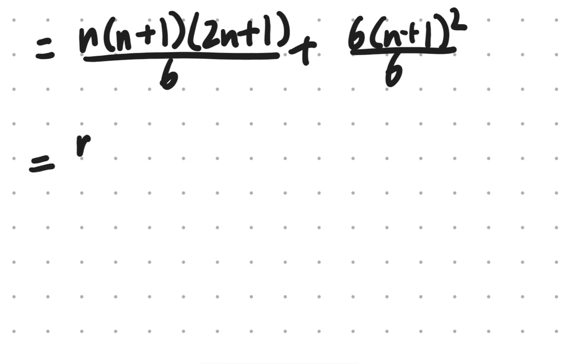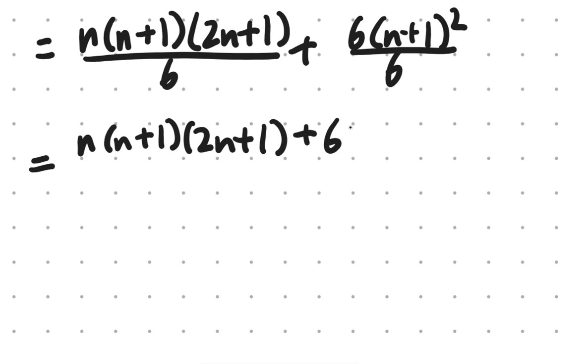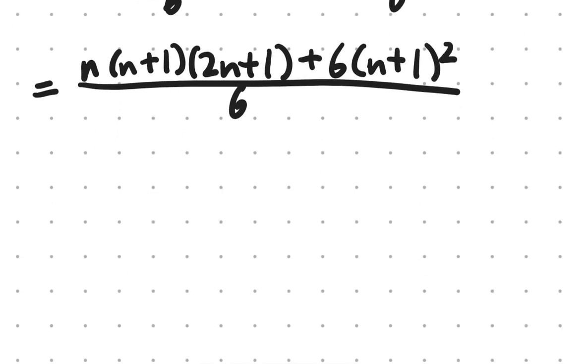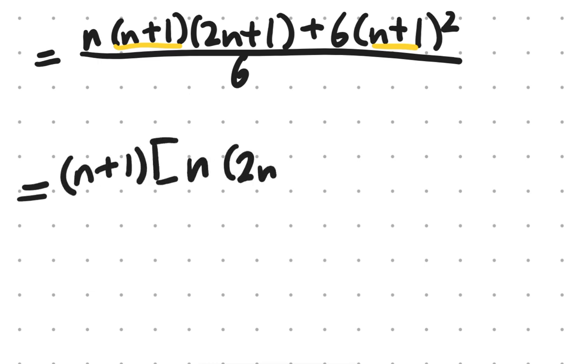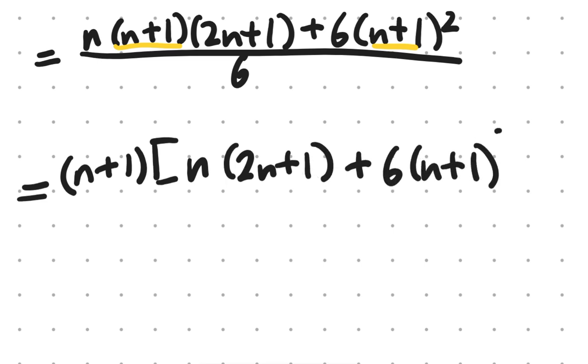This will actually equal n times (n plus 1) times (2n plus 1) plus 6 times (n plus 1) squared, all divided by 6. What would this mean? We see that we have an (n plus 1) on both summation parts, so we can take it out of both of them. So we have (n plus 1) times [n times (2n plus 1) plus 6 times (n plus 1)], since we have 2 times of the (n plus 1),